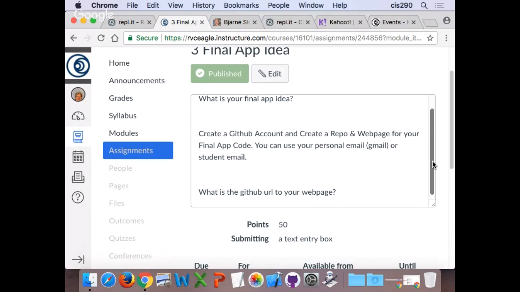And again, I don't expect completion of your app by the end of the semester. I expect a working prototype is what I expect. And a working prototype is basically something that is a shell of what it's going to be, okay? Has some working components maybe, but it's not complete. I don't expect that at all, okay?